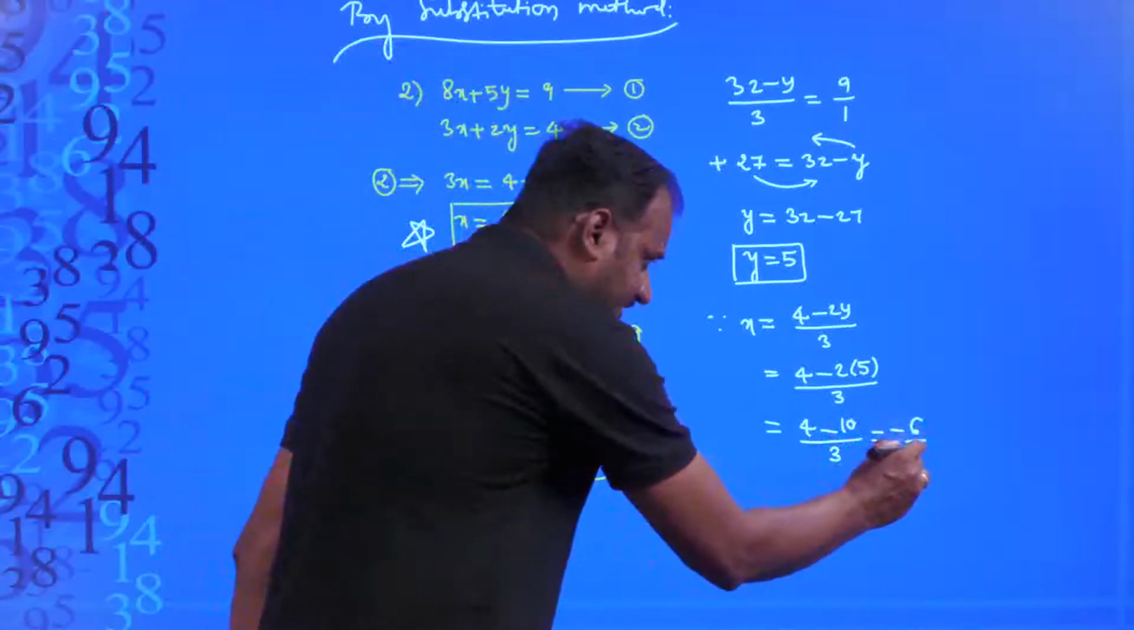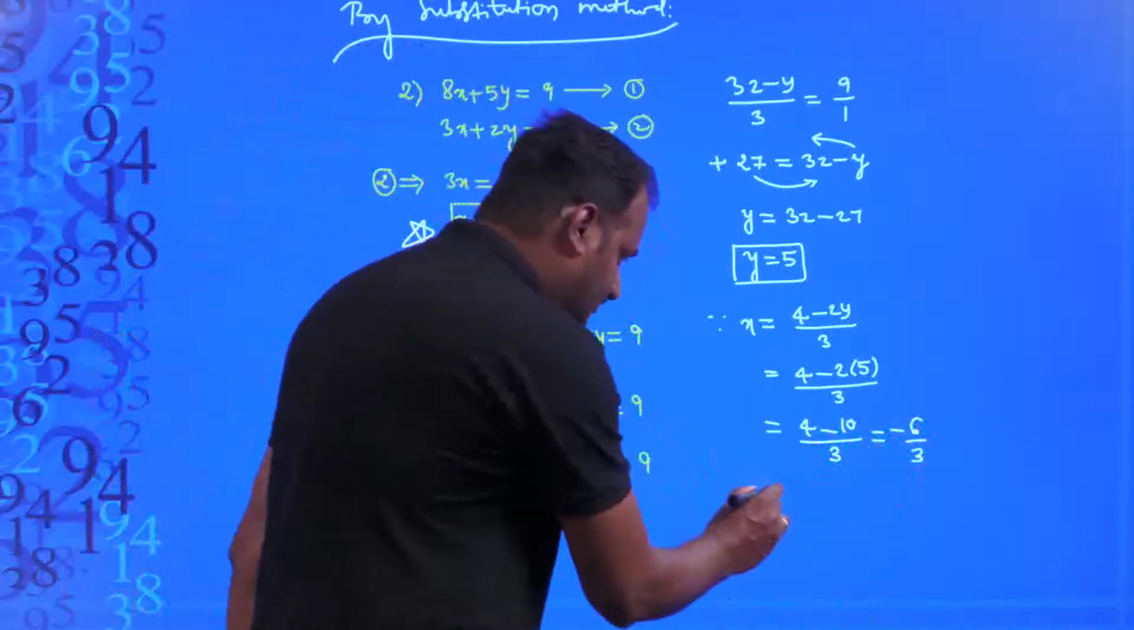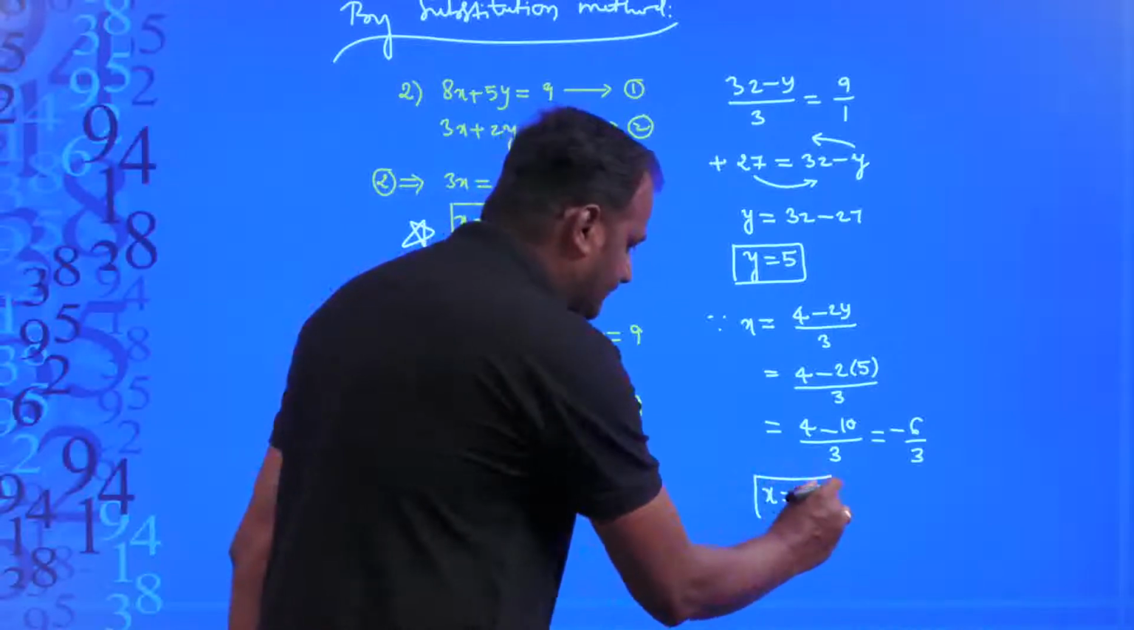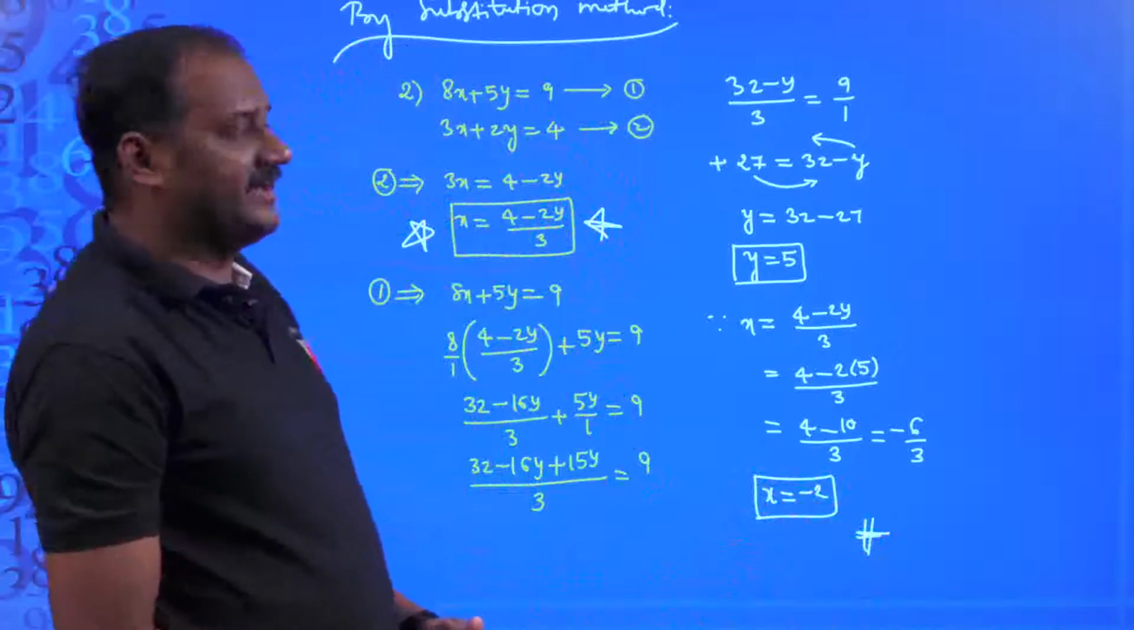So, minus 6 divided by 3. What is the value of minus 6 divided by 3? Which is equal to minus 2. Therefore, the value of x is going to be minus 2, right. So, this way you can find out the values of x and y